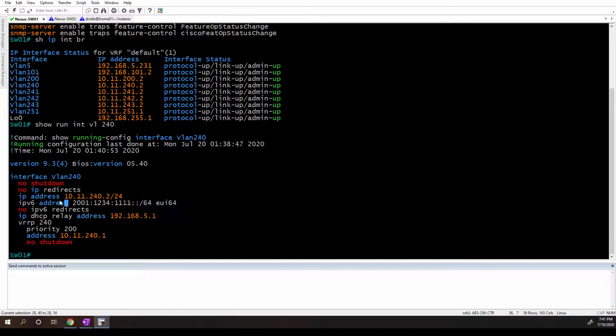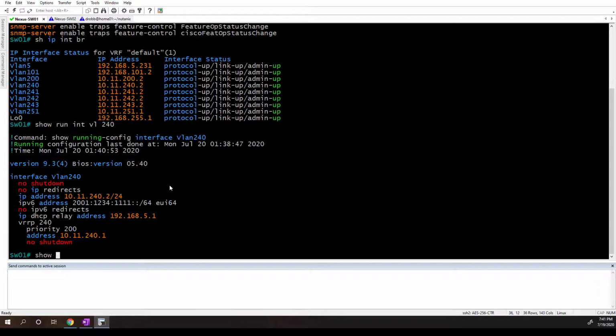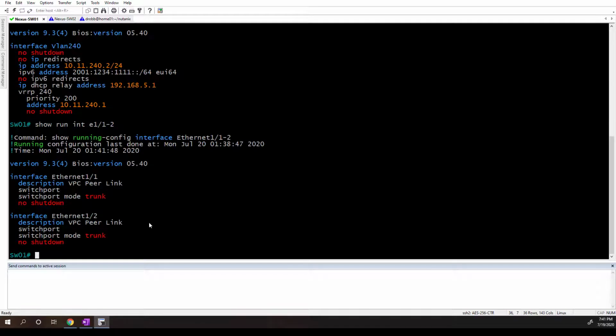So this is just a trick to help it along. And then I have also set up VRRP so that we can have our two Nexus nodes working properly. And if we look here, I didn't point it out, but feature VRRP is enabled. So the first thing we want to do is set up the trunking between these two. So Ansible is taking care of the actual trunking, but for the VPC configuration, we need to configure what they